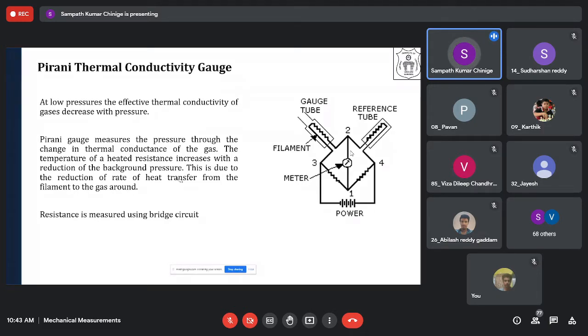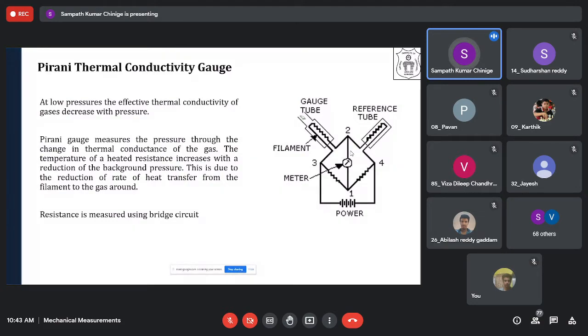Now, what I will do is I will have a reference tube here, under similar conditions. So initially, at the same temperature and without the pressure, we will keep it at the same temperature wherever you are measuring the surrounding temperatures. Wherever you are measuring, another gauge of a similar kind is connected into this. So now the temperature of this filament and this filament is the same, okay, and the pressures are also the same initially. So therefore, it will set a non-deflecting condition, that means a zero case.